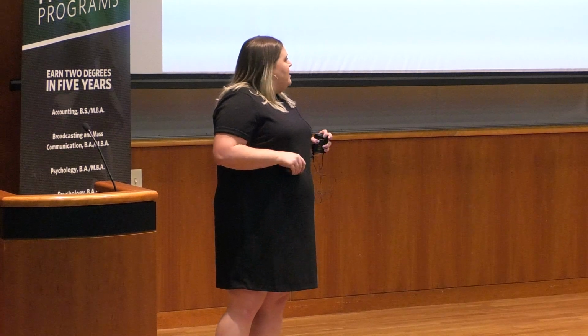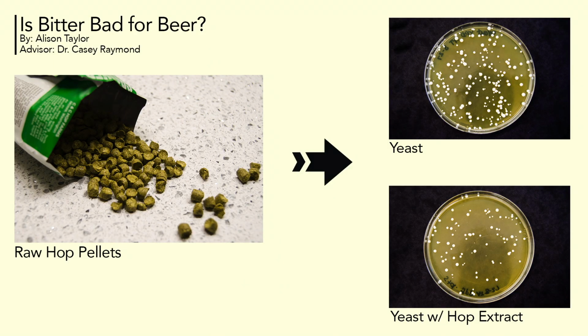After a couple of days, I can compare the growth of a yeast plate by itself and a yeast plate with a hop extract. And you guys can actually see the difference in growth here by those white little dots. Those are my yeast colonies. And after counting all those up, takes me a few minutes, I find that it's actually about a 50% difference between the top plate and the bottom plate,